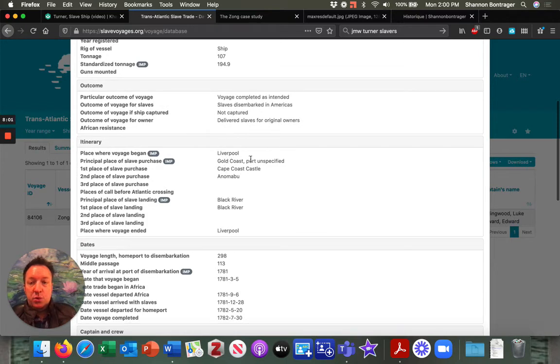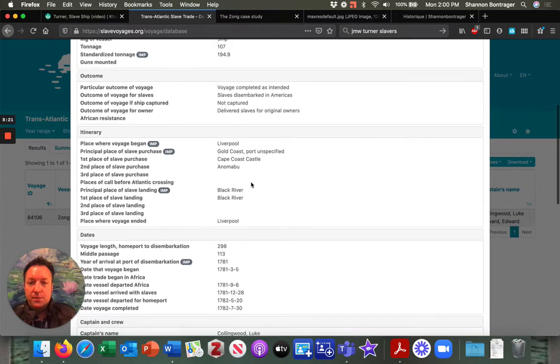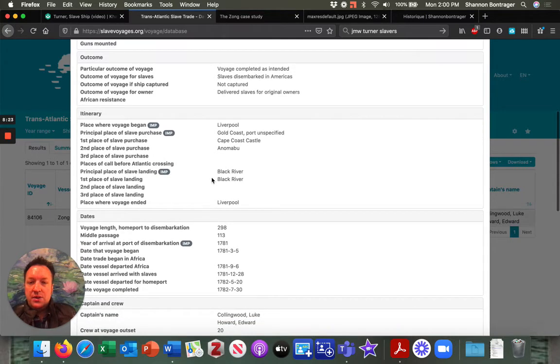It started in Liverpool in England, went to the Gold Coast, unspecified port, so they don't list in their records what port they went to specifically, but along the Gold Coast of West Africa. They purchased at the Cape Coast Castle, and then they went and got another place of purchasing slaves from Anamambu, and then they went to the Black River, and then they went back to Liverpool after they sold their slaves